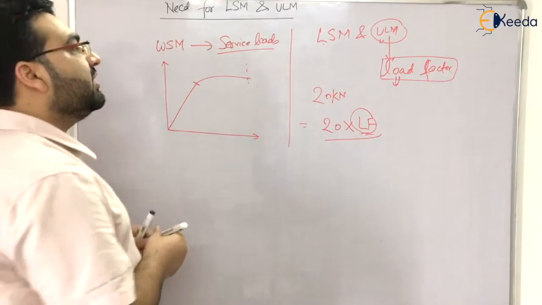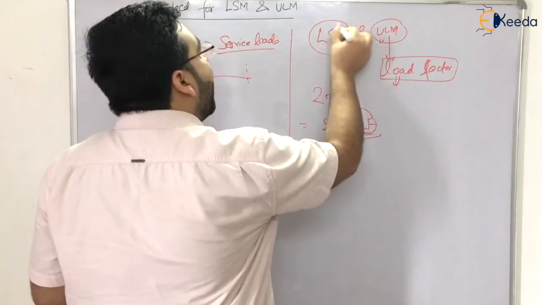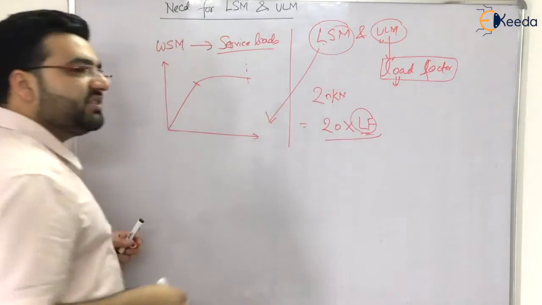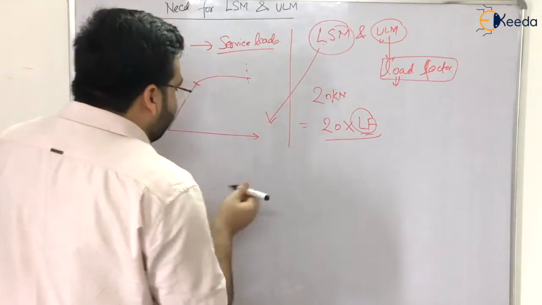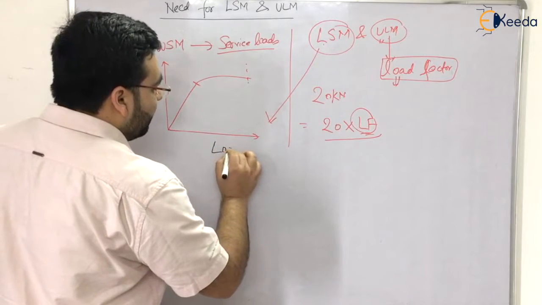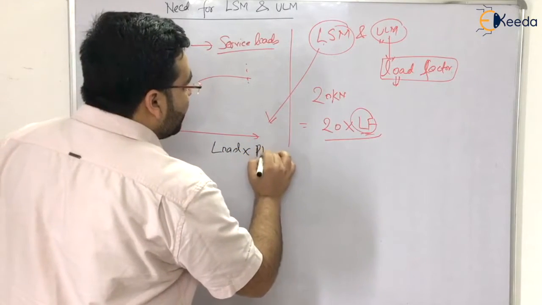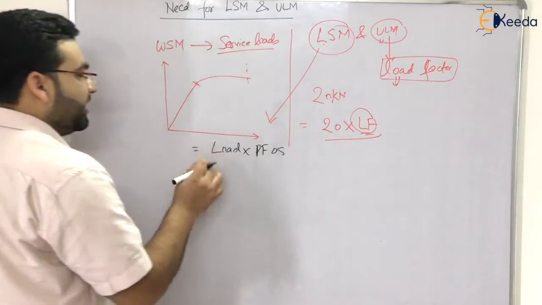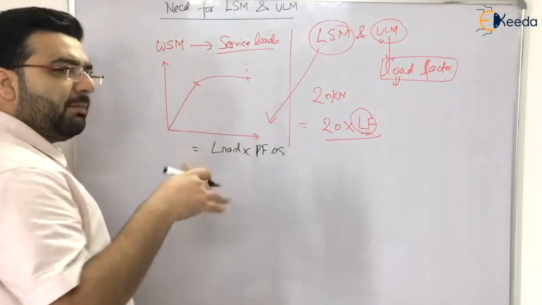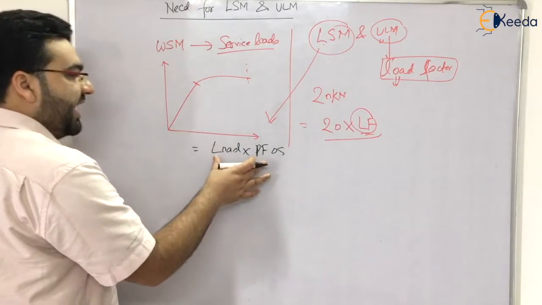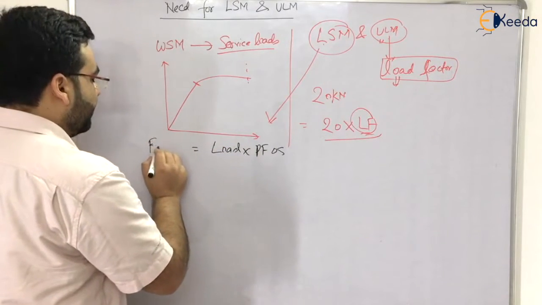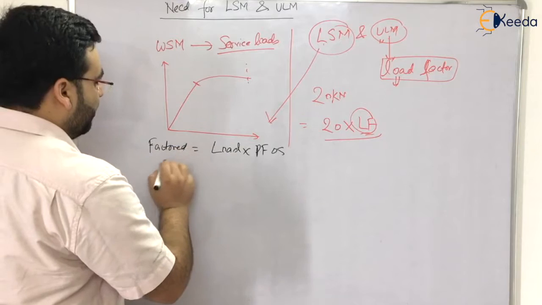To overcome those drawbacks, we had the LSM, the limit state method. In the limit state method, first of all, we multiplied the load with a partial factor of safety. It means that we are designing it for the plastic range also. The second is that when you are designing for this load, that is the factored load,